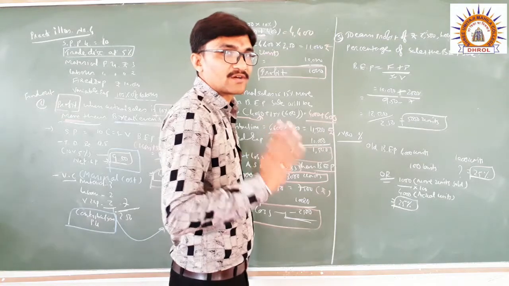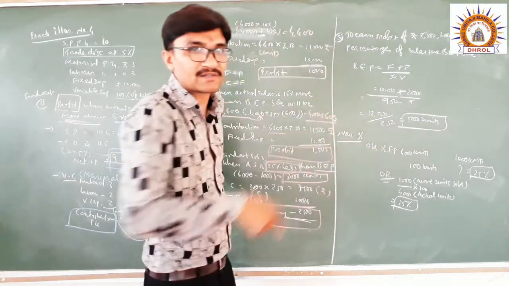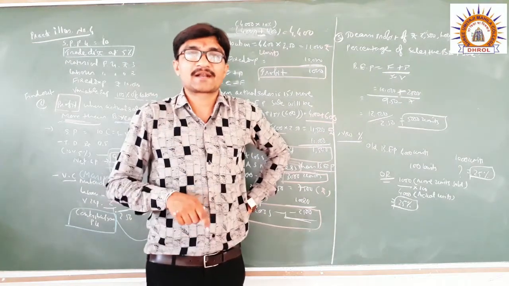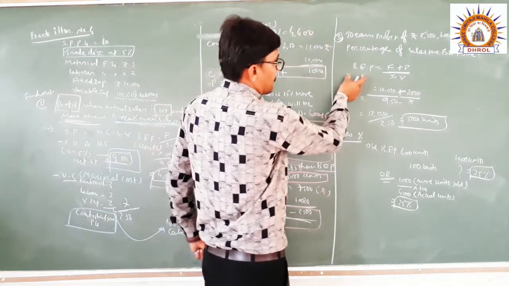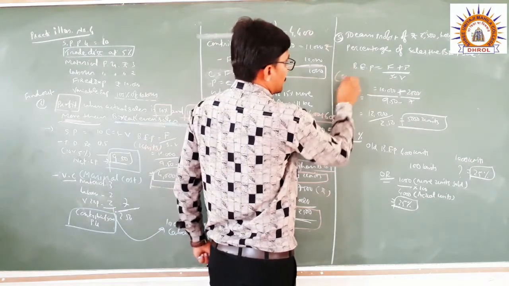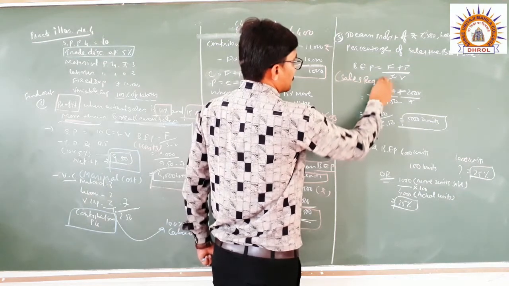You are required to calculate how many percentage increase or decrease. So for that purpose, you have to calculate the sales required. Likewise, let's see, sales required. In bracket, BEP sales, it means sales required,